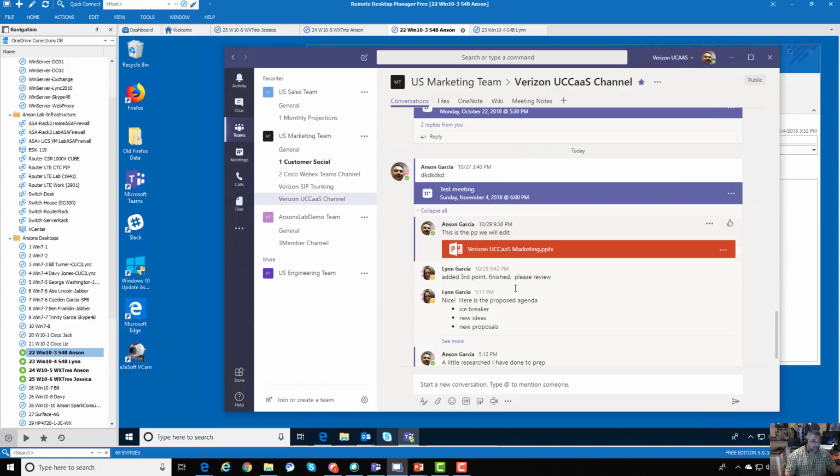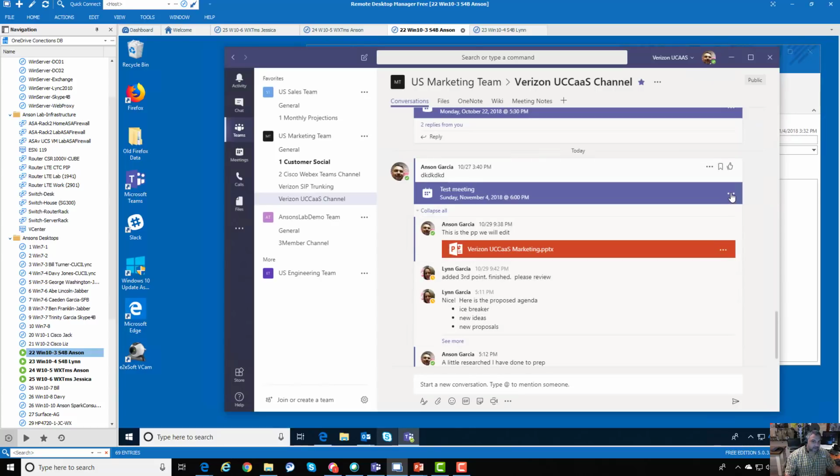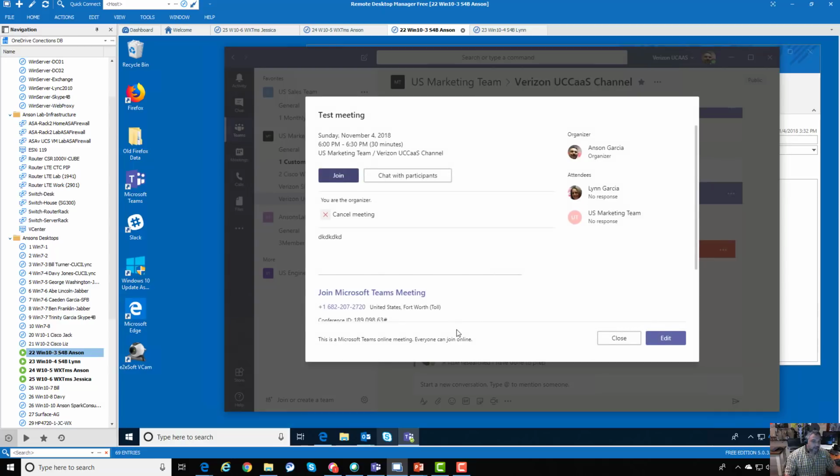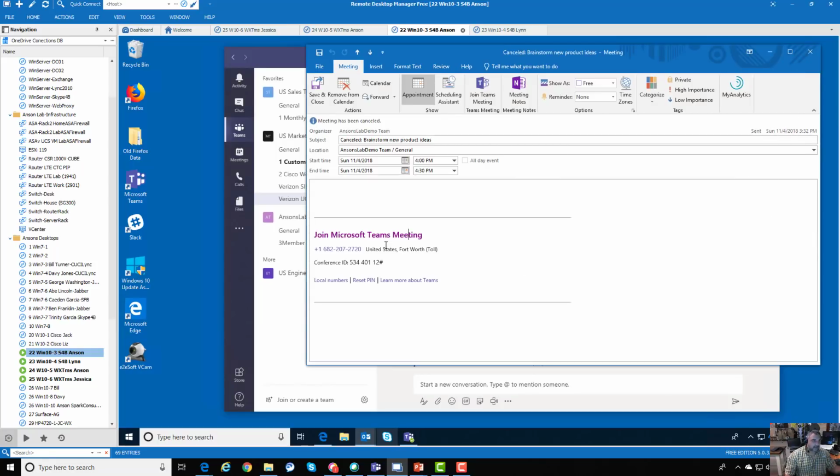first over to Teams. Can we join the meeting here? I can double click that. That's going to give me the meeting details, and then I can join right there. I can also click the ellipses over here, view meeting details there, and I can certainly join right here. So one button there, and then obviously over in Outlook, if I was in Outlook, I could join the